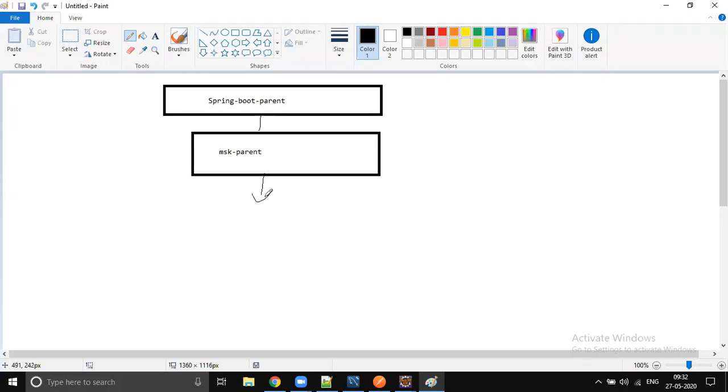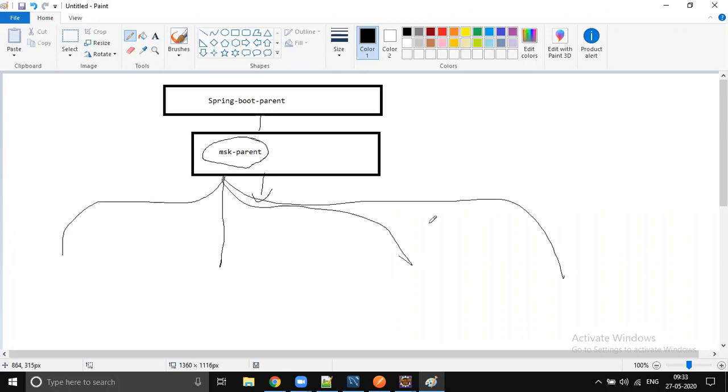So why do we do it like that? Because we want to make sure that tomorrow, for example, maybe we have 20 microservices. When we would like to upgrade our Spring Boot parent version, instead of changing it in all these 20 microservices, it is better to change it in one place, right? That is the main intention of doing this.